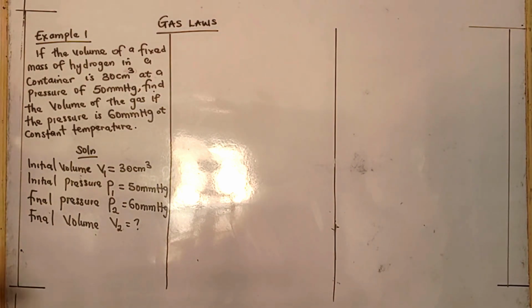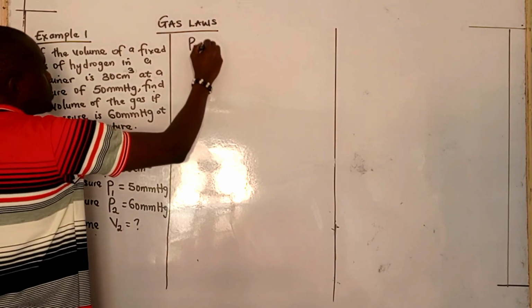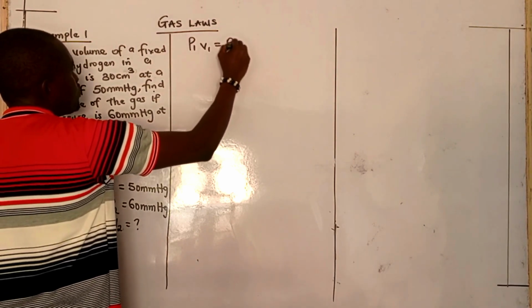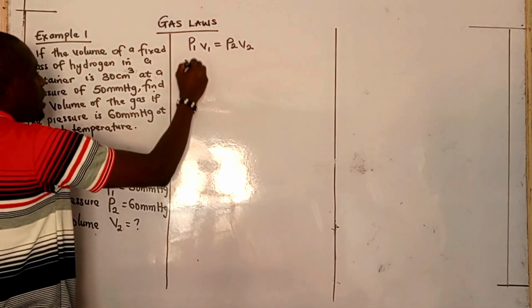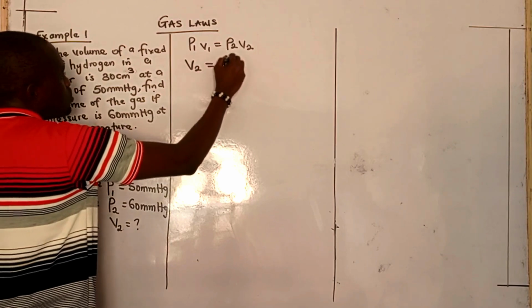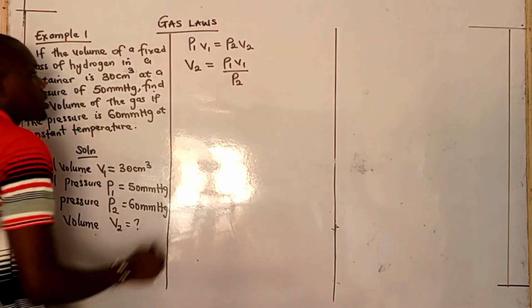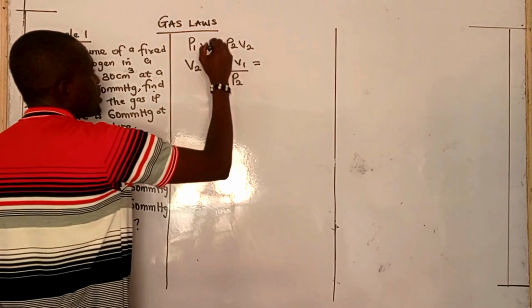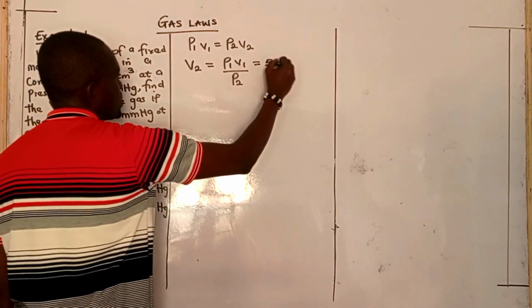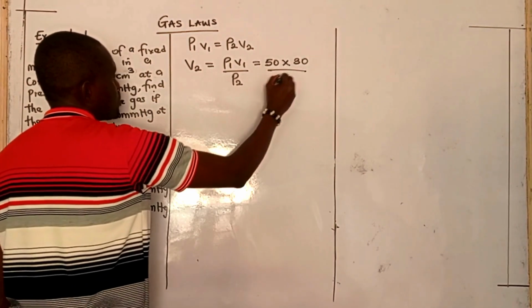Now, what is our relationship as established earlier? We say that it is P1 V1 equal to P2 V2. Now, by the time we make V2 the subject of the formula, we should have V2 equals P1 V1 all over P2. So by the time we substitute into this formula, P1 is 50, times V1 is 30, divided by P2 is